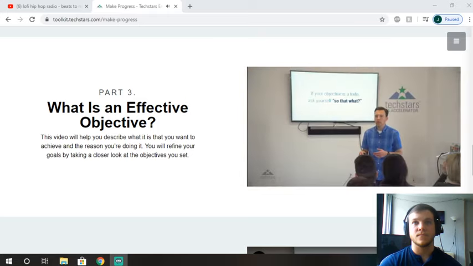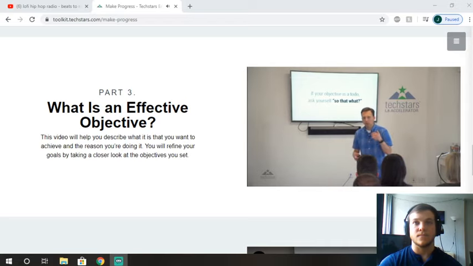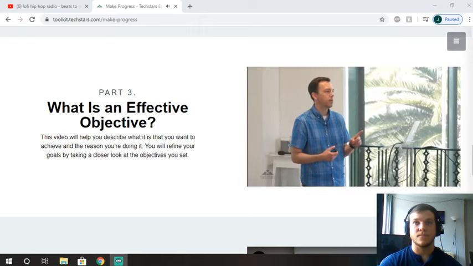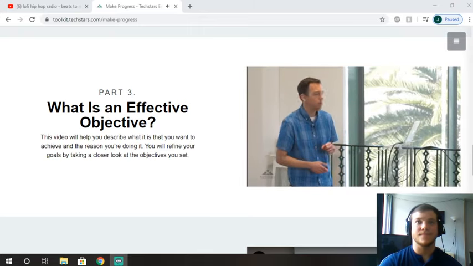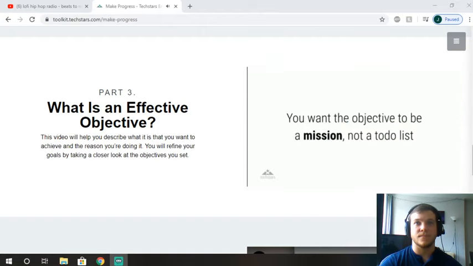The trick early on is most of what you're doing, you'll have no idea if it's valuable or not. So a big piece of potentially your mission is figure out if this works, figure out if this is valuable. And the so that what, you may have to ask yourself a couple of times, so that what? And when you get to the point where you're like, so that what, blank, so that what, that's why we're doing this, then that's an effective objective statement. You want it to be a mission, not a to-do list.